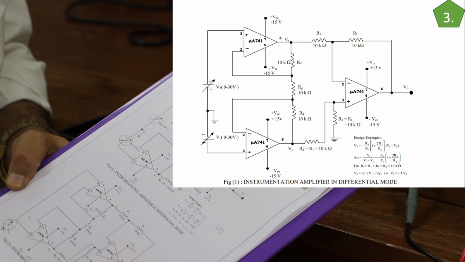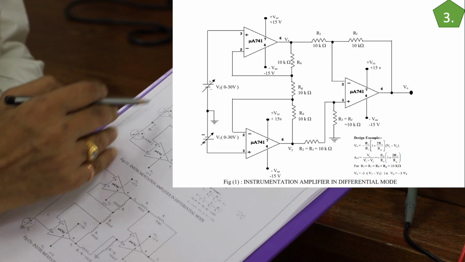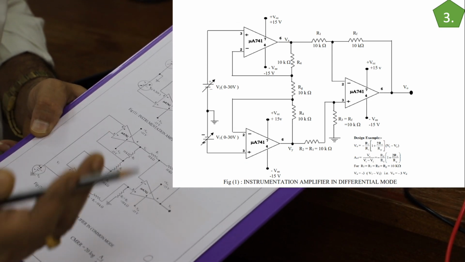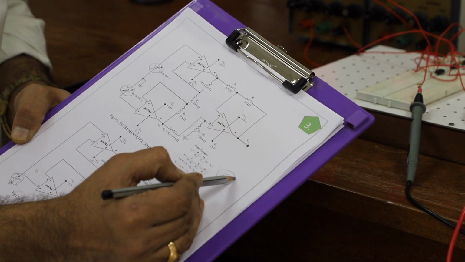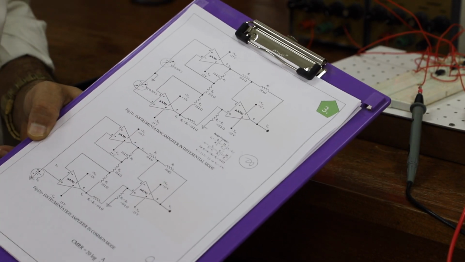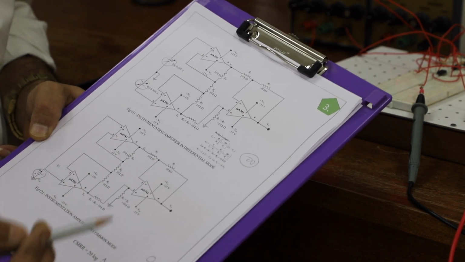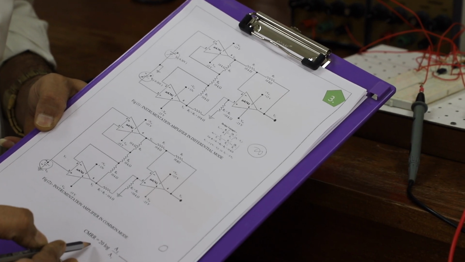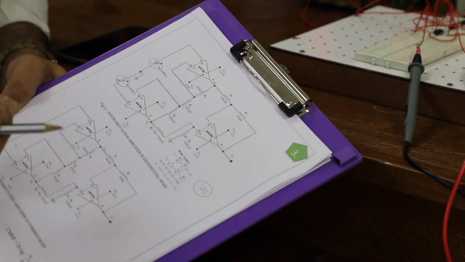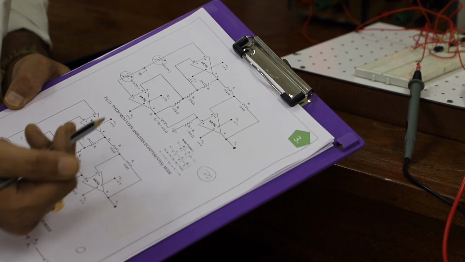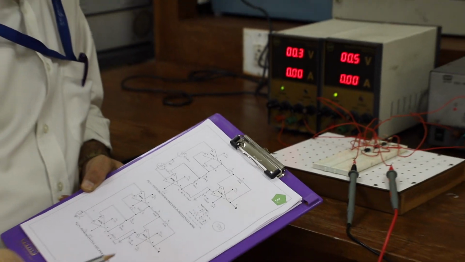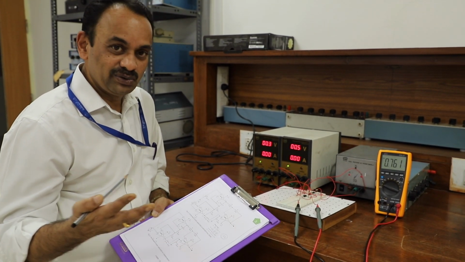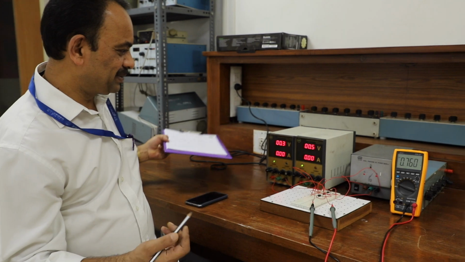So let me demonstrate what gain I get when I apply a differential input, and show you the output also when I apply a common mode signal. Obviously here the output voltage should equal the gain times your input differential signal, and here the output voltage should be as small as possible even for a common mode voltage, so that we get a reasonable value of common mode rejection ratio, which for a case like this should be at least 60 to 70 decibels. When you buy an instrumentation amplifier chip, of course, it will have 100 plus or 110 decibels or so as the CMRR. So with this background, let me demonstrate these two experiments.